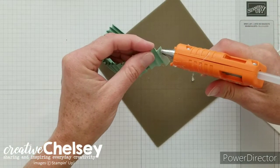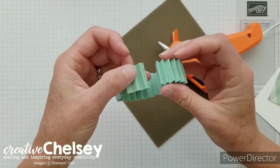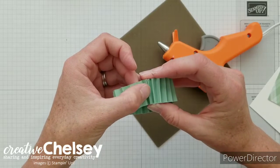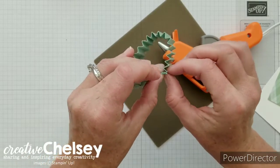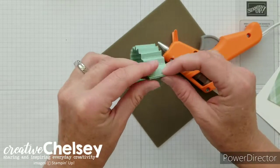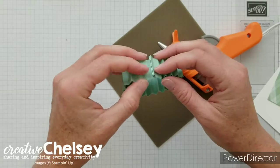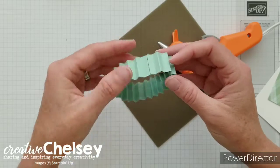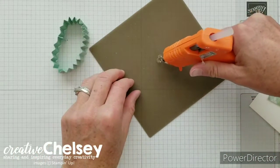So I'm just going to add a little bit of hot glue. You could also use the tear tape or any other strong adhesive for that. You just don't want it pulling off with the pressure from the rosette. Okay, so I've got that like that. Now what I'm going to do is place some glue in the center